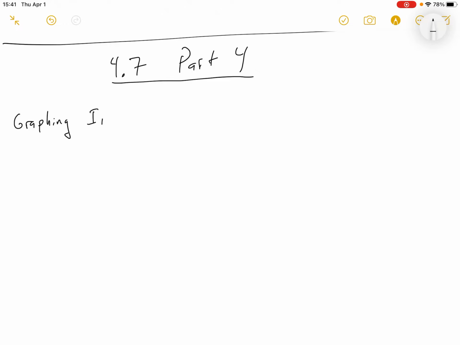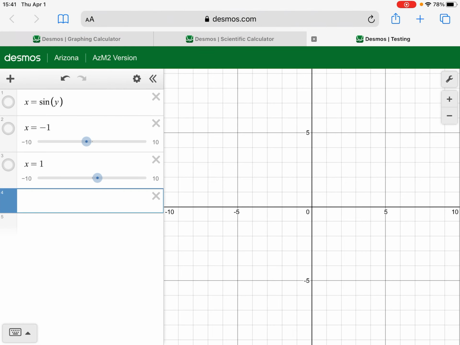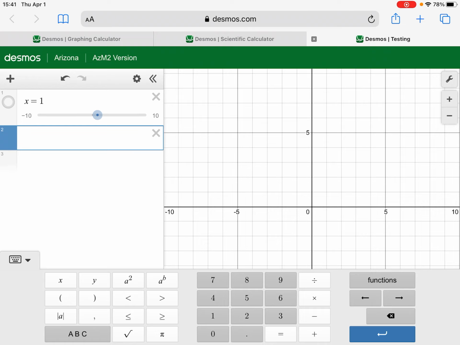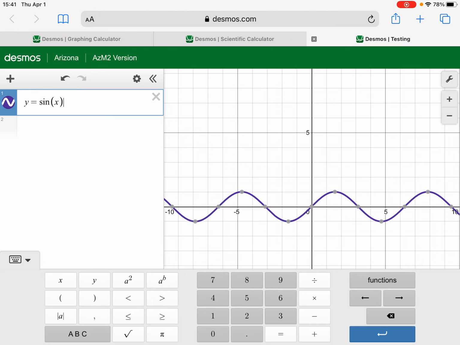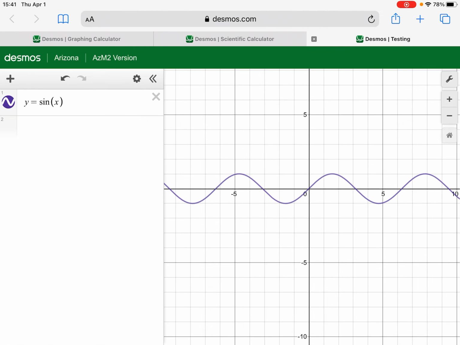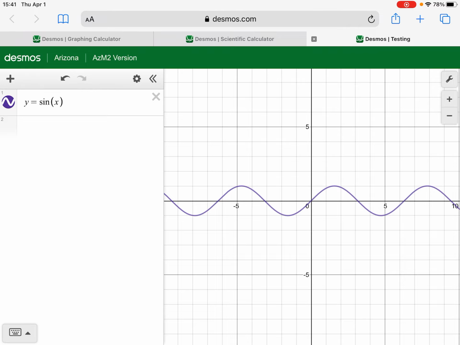We're going to be graphing inverse functions. And we're going to be graphing sine, cosine, and tangent eventually, but I first want to just kind of build up to it. So if we were to graph sine of x, we know that sine of x is the graph that looks kind of like that, right? So here's our graph of sine of x. Now for the inverse function,